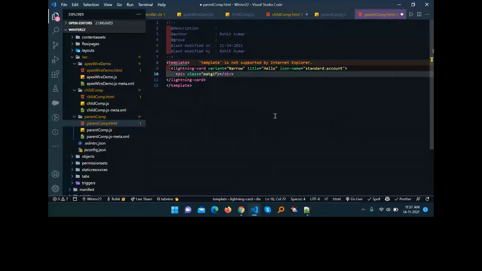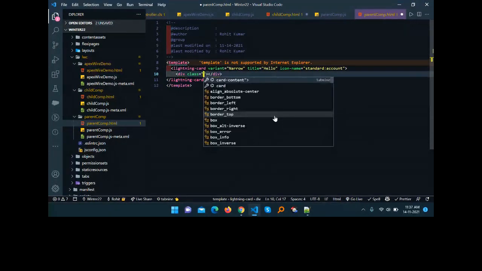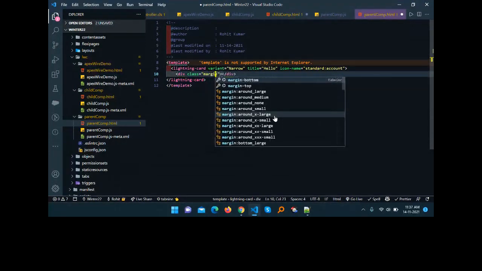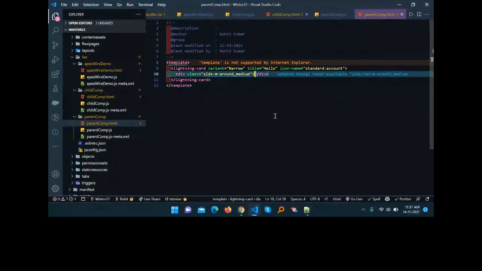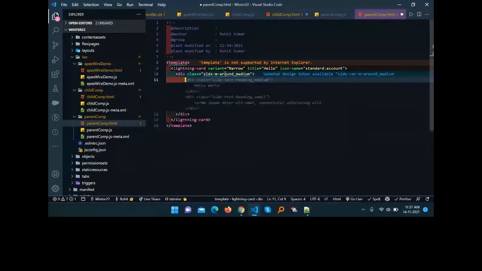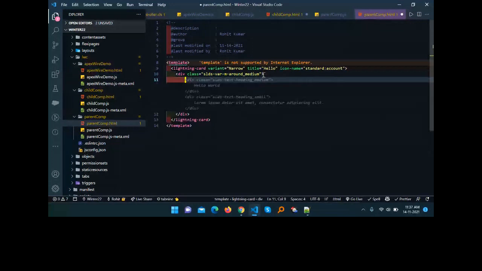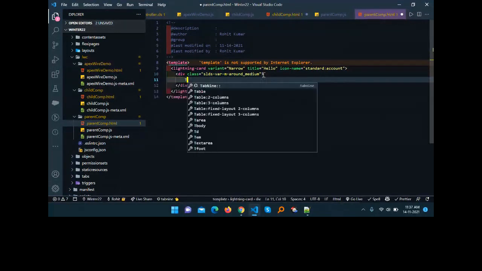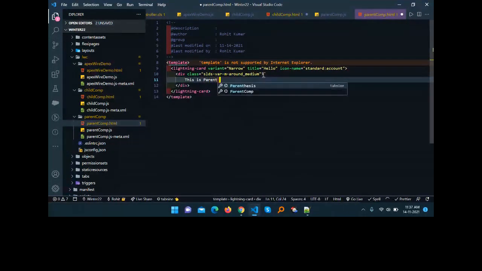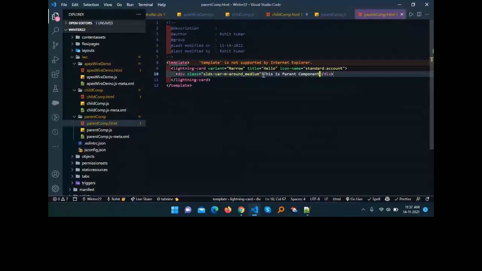It's the same margin, this medium. And you can update your SLDS classes based on your design token, right? And now here you have to write your content as well. So let me add content like this is parent component.